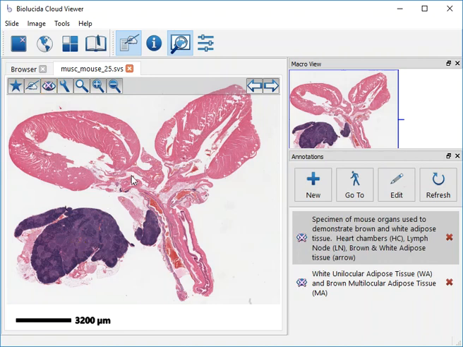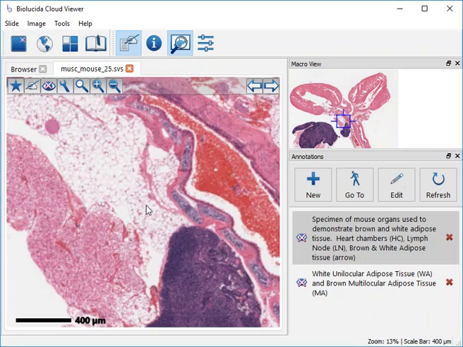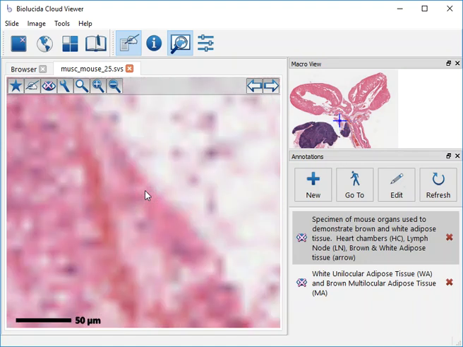Oh, I need to click on and get rid of the annotations. I was making a bookmark. That was my mistake. Okay, so we're going to zoom in on this area right in the middle and see the difference between